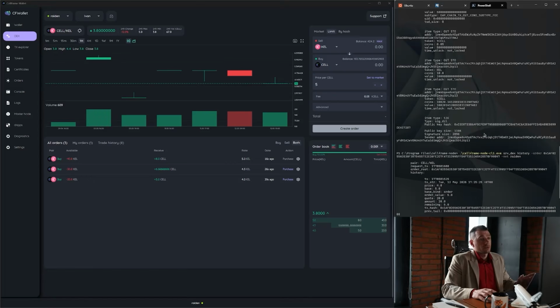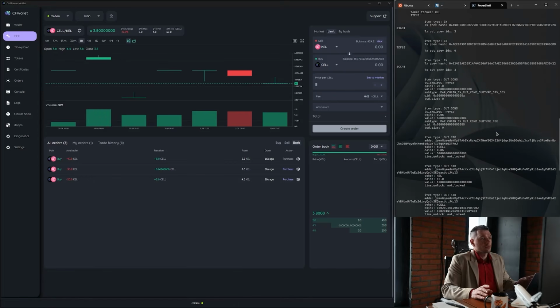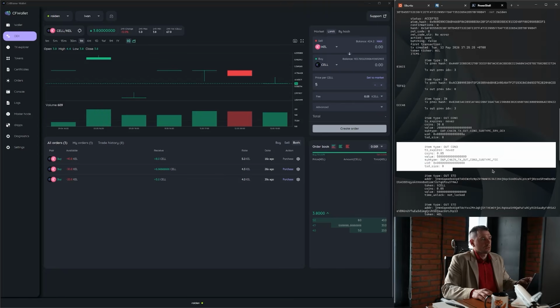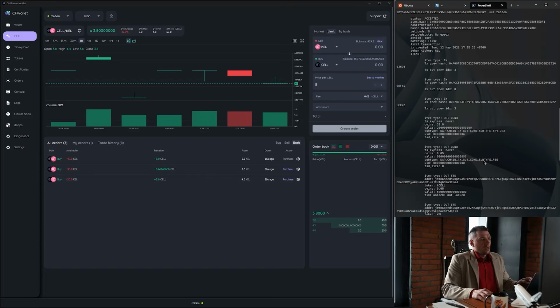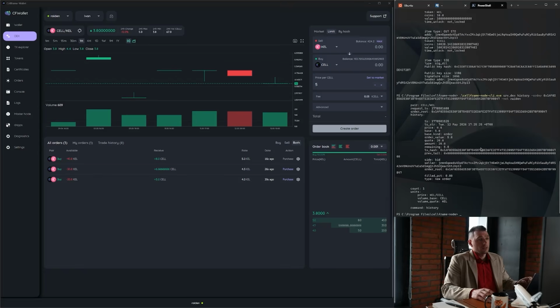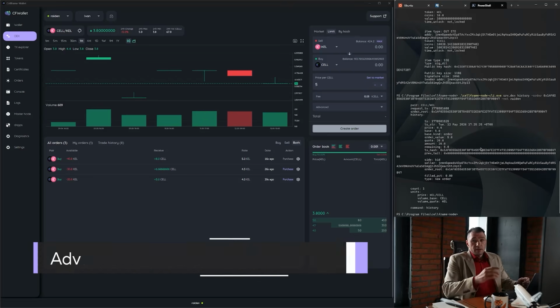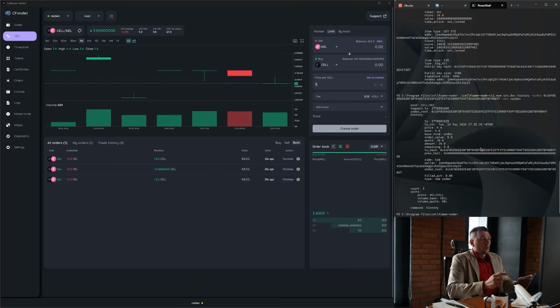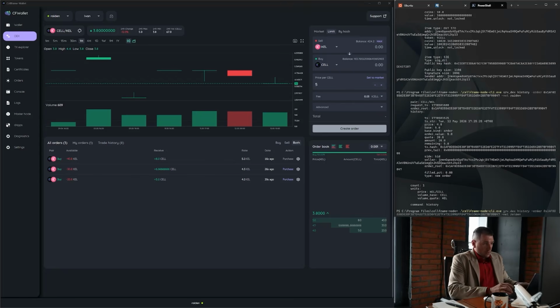So all such conditional outputs are specific to the services they belong to. For example, here is another conditional output item for a different purpose, network fee collection. And for the DEX order, these are the rules that must be satisfied to consume this order. In the command line interface and in remote API, there are also more advanced restrictions available to set for your order. By the way, we may check them if we call the help command for Cellframe DEX